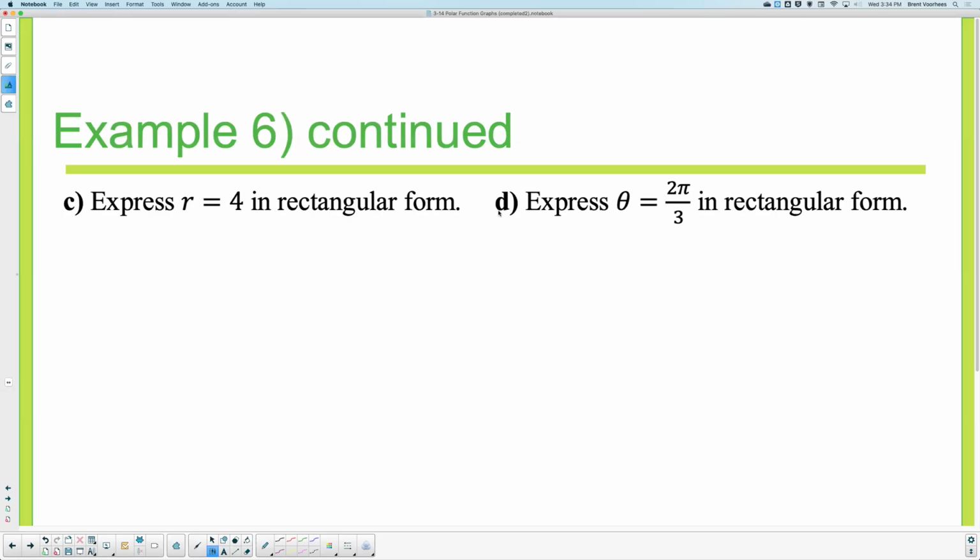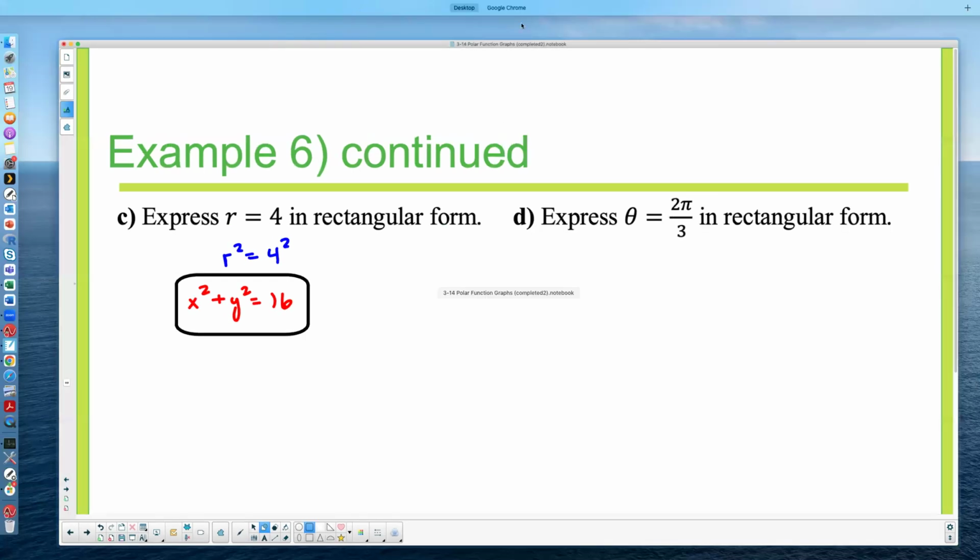Example 6c here, as I continue on, if you're working with the r by itself, the easiest way to get around this is if you square both sides of your equation. If you square both, you get r squared equals 4 squared, and r squared is equivalent to x squared plus y squared, and 4 squared is 16. That would be our solution this time around,